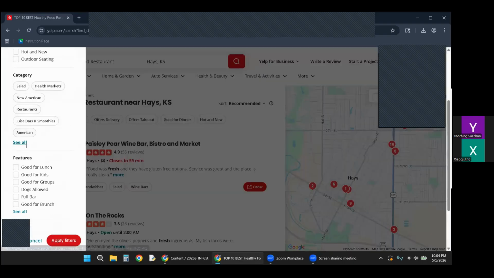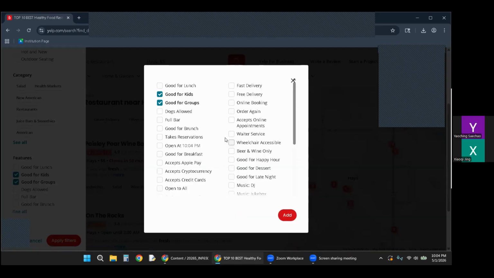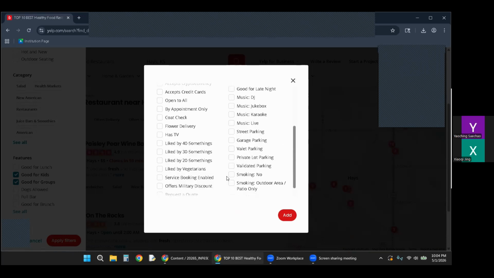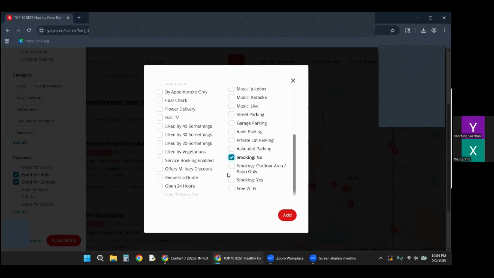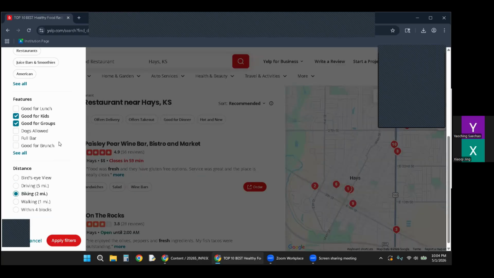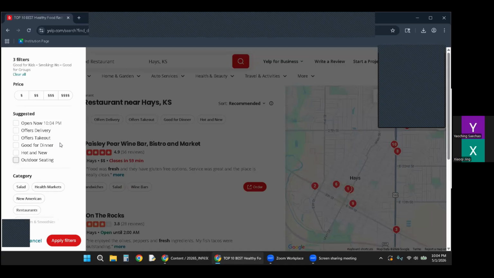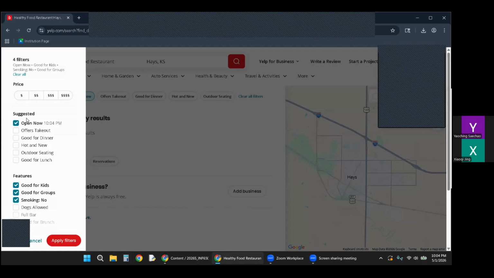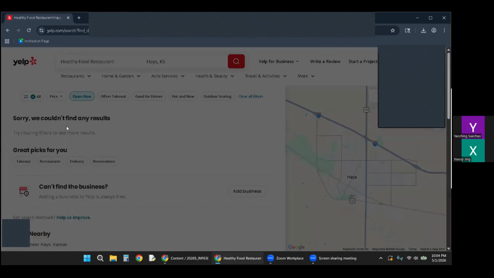Okay, so since we did the search again, I'm going to go ahead and add in all of the filters that I want to use to help filter it out. And this might filter a lot of things because it is late at night, so I will go ahead and take it out real quick.